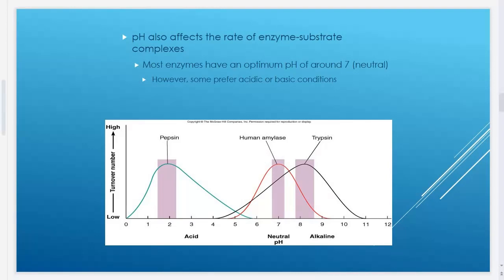Enzymes work inside and outside cells. For instance, in the digestive system, where the cell pH is kept at 7 to 7.4, cellular enzymes will work best within that pH range. Different parts of the digestive system produce different enzymes. These have different optimum